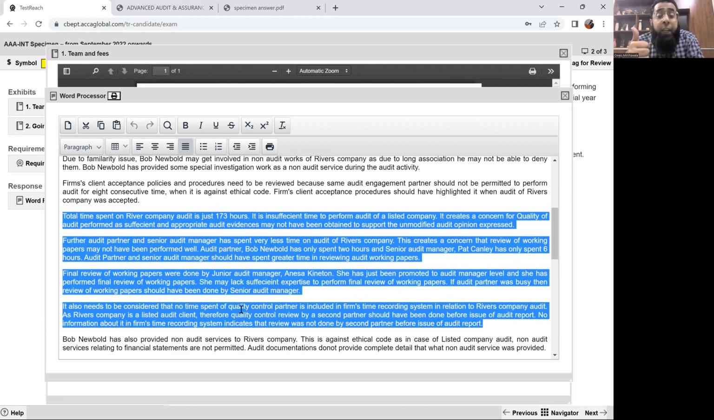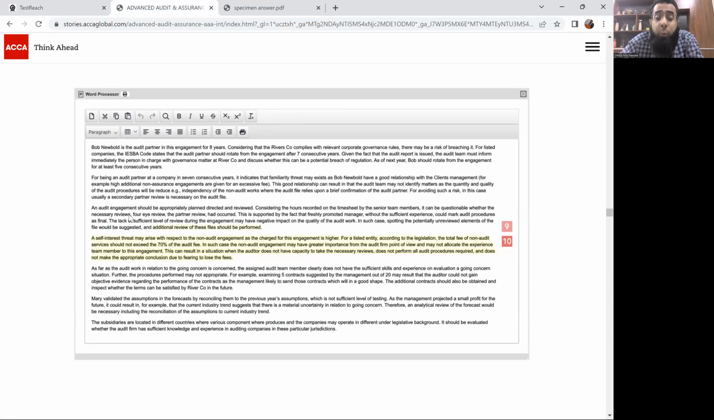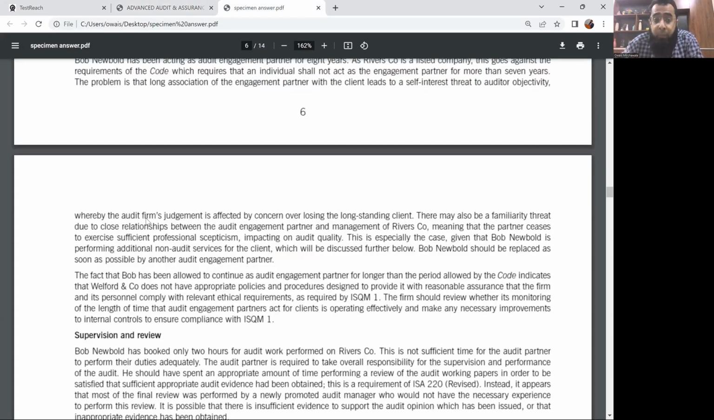That the entire audit was done in 173 hours, which was insufficient. We identified the fact that partner and senior managers spent very little time. We identified that junior managers shouldn't be doing the review. And we highlighted the fact that there was no review done by the quality control partner. Now, if you compare it with the answer of candidate one, he only referred to the fact that the junior manager did the review. And he formed a conclusion that, okay, the audit was not done with sufficient quality. So if we go and look at the marking scheme,